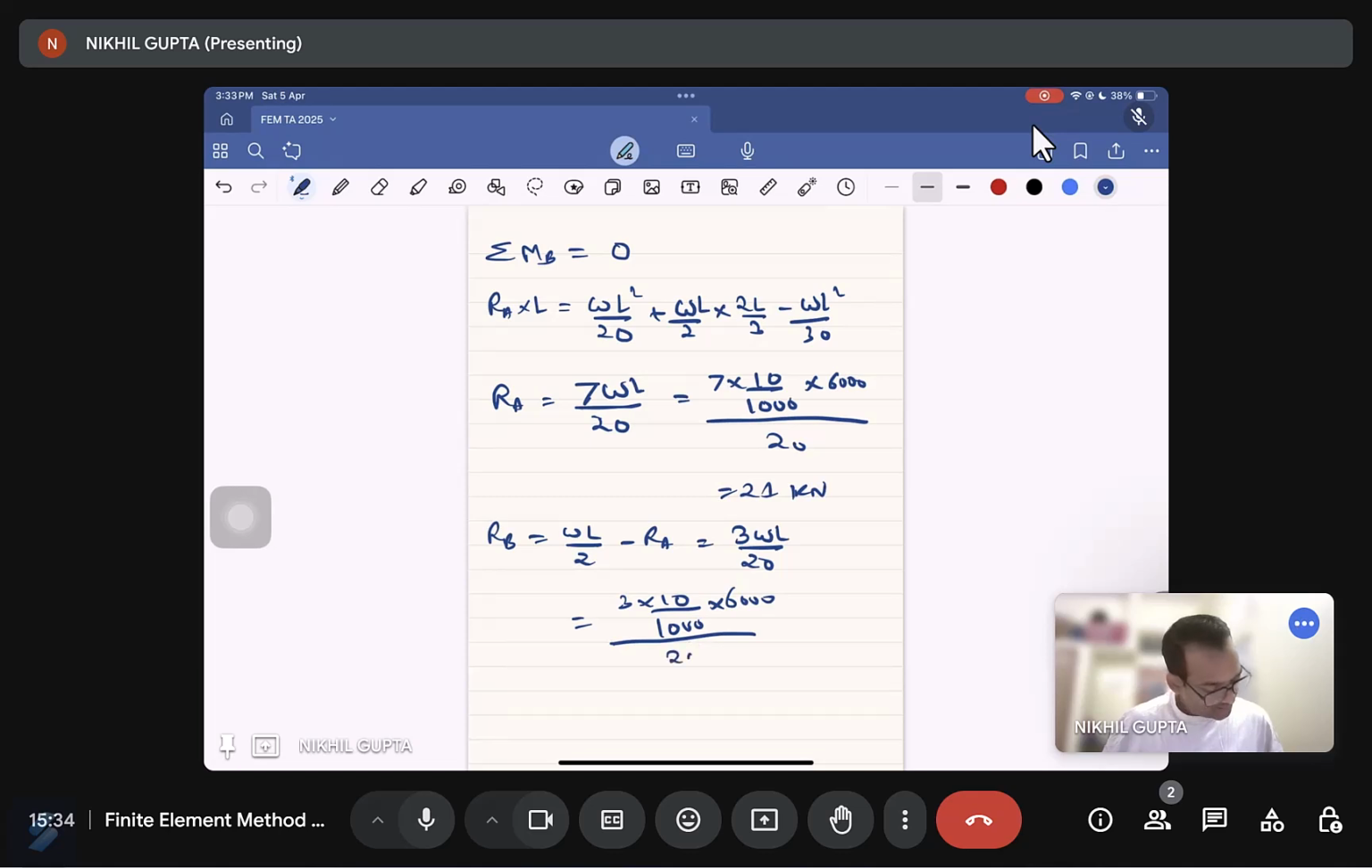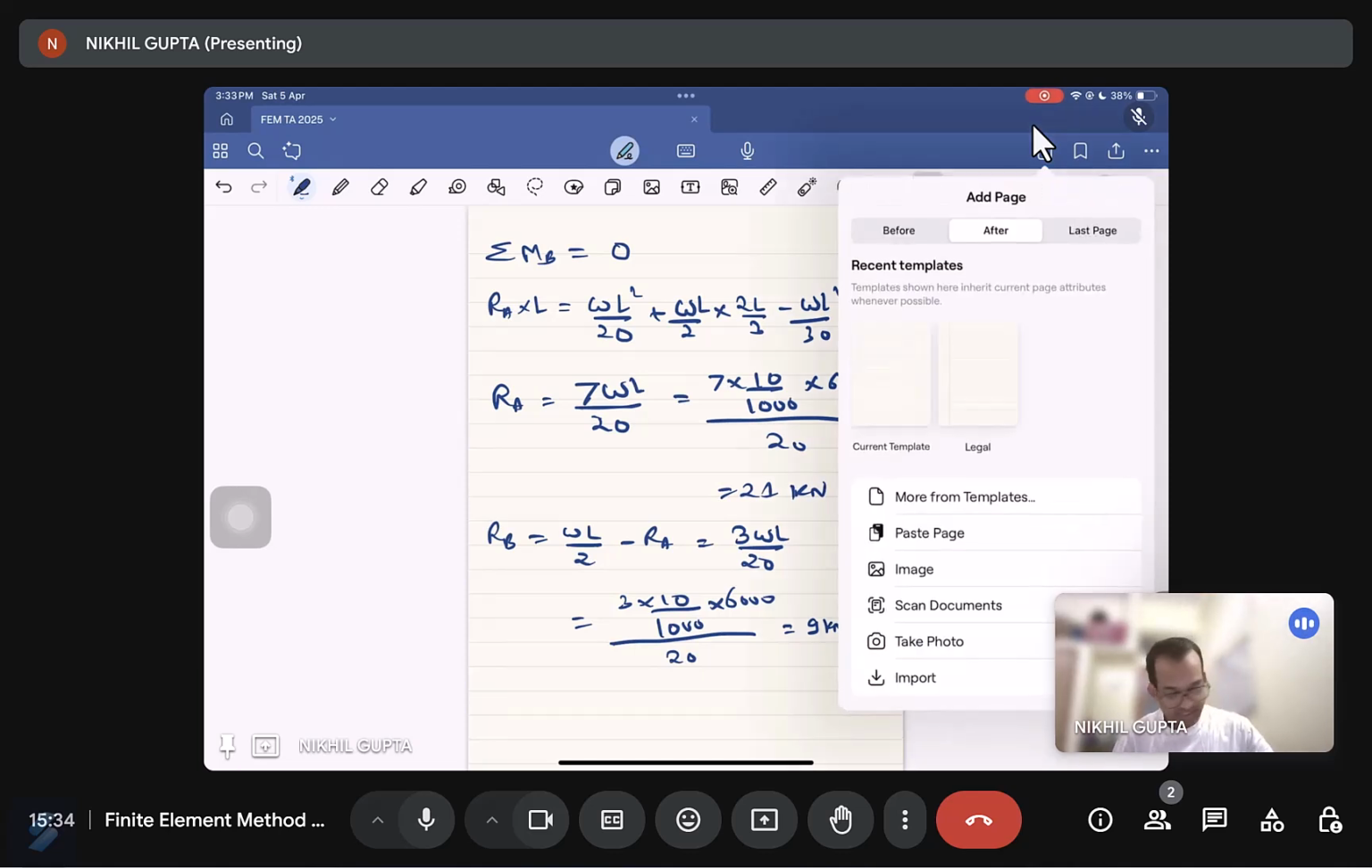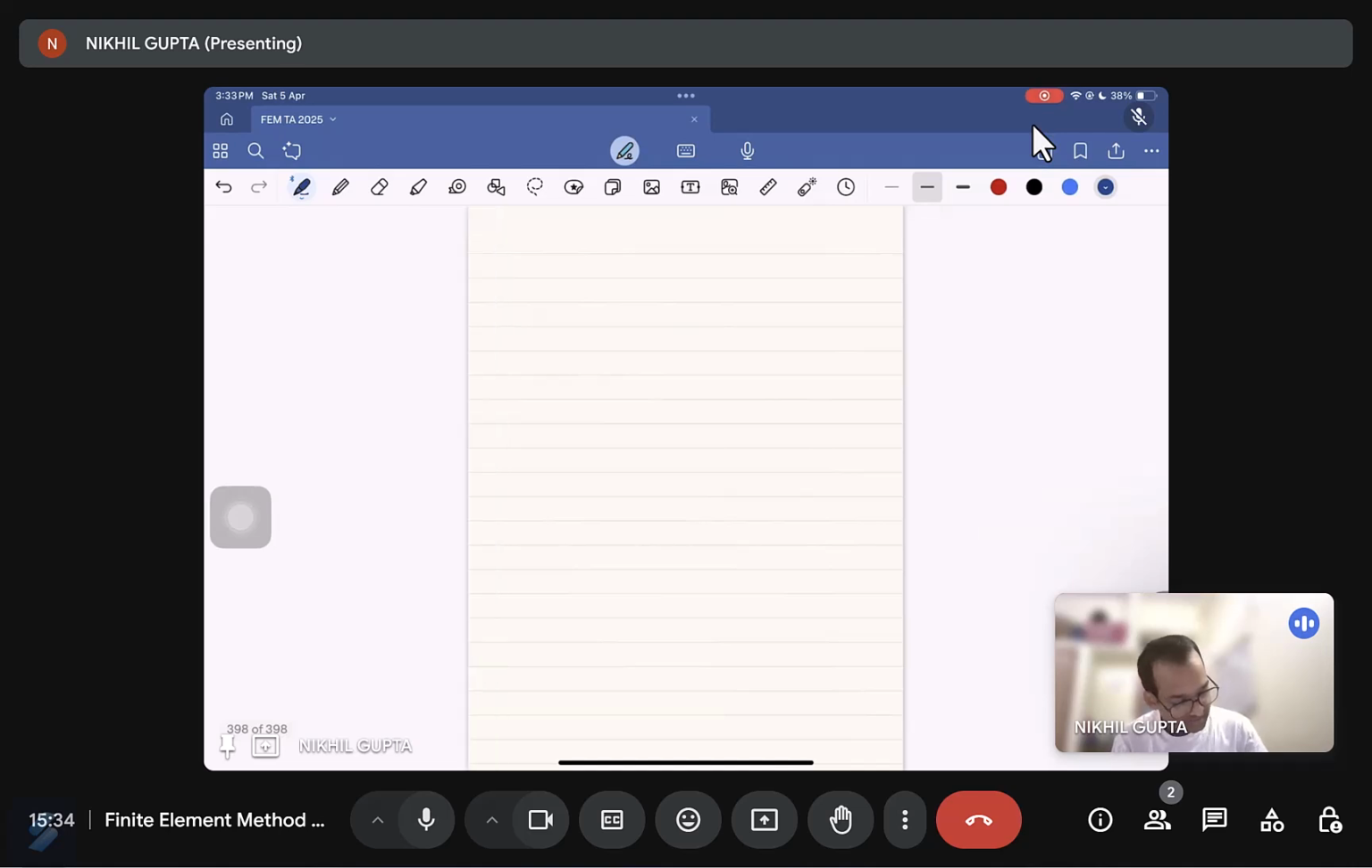So you will get it as 9 kilonewton. So you can see the total sum is 30, which is the total load which is applied on the beam. So now we have to see the action from these reactions, which will be,